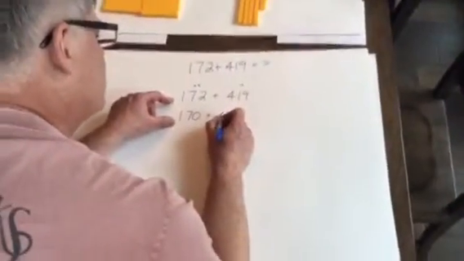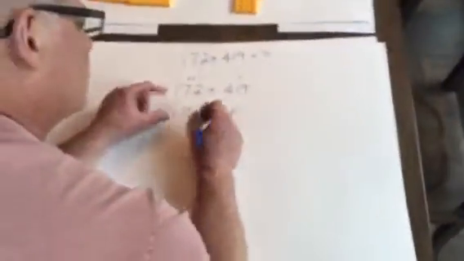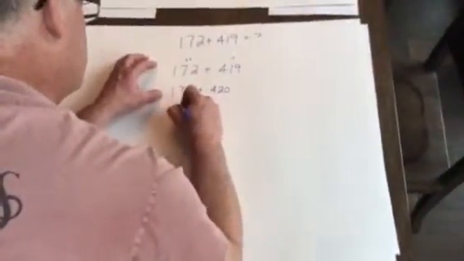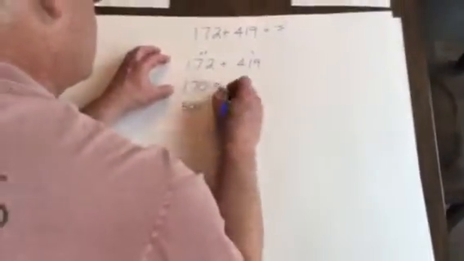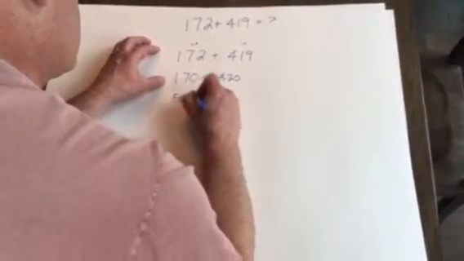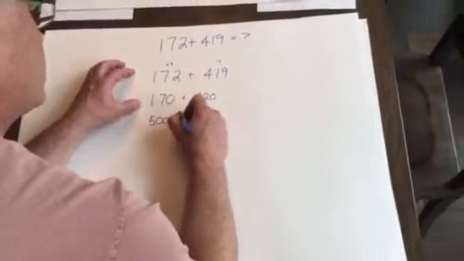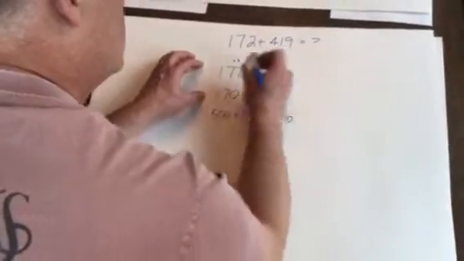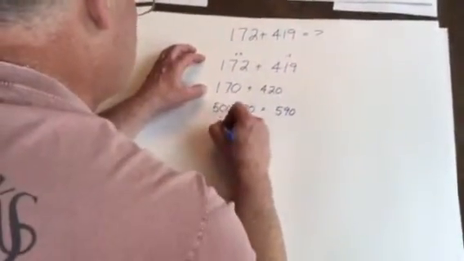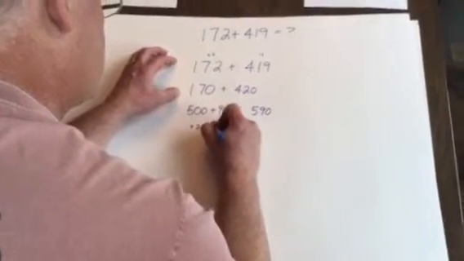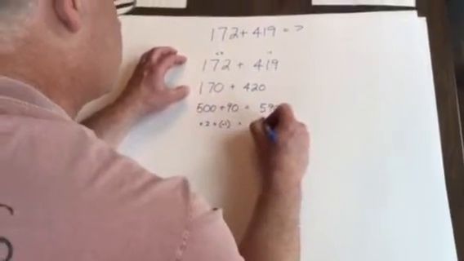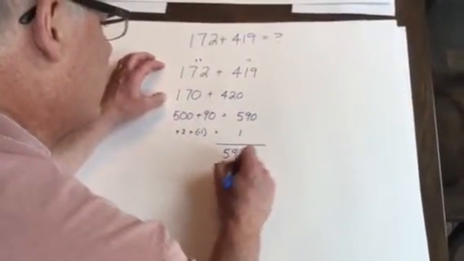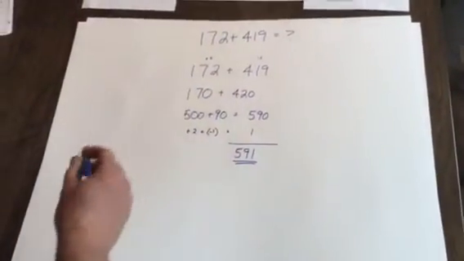Well, this is much easier to do because the numbers are more straightforward and easier to work with. So that gives us 500, and 70 and 20 is 90, so that gives us 590. Oh, but we have to consider the 2 and the 1 that we adjusted, and that gives us 1. So then that gives us a total of 591. So it's a different way of doing the problem, but